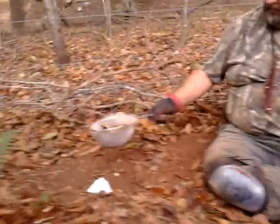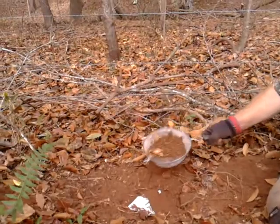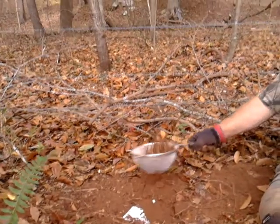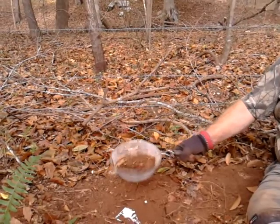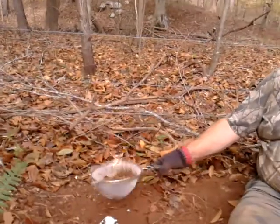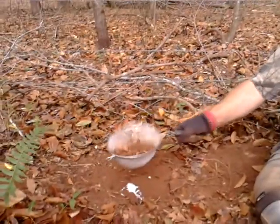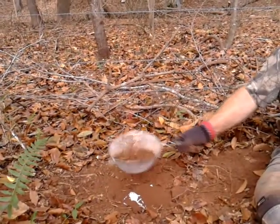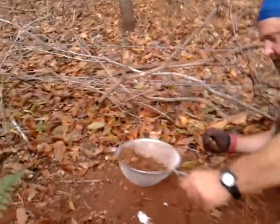And then what I do is I sift dirt over all that to give it a real natural appearance, and the dirt's real fine so the trap will set off right. It's like putting sand over it. And what you want to do is put it down in a concave like this, so the coyote or fox or bobcat, which are the three I'm after, will naturally step kind of down in